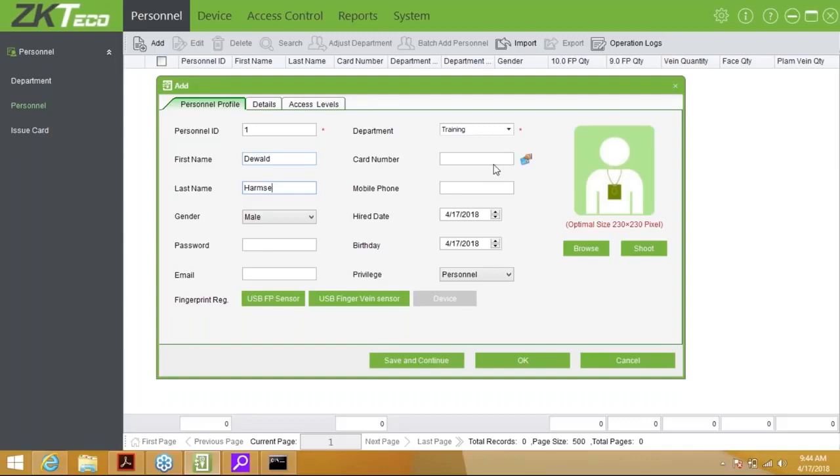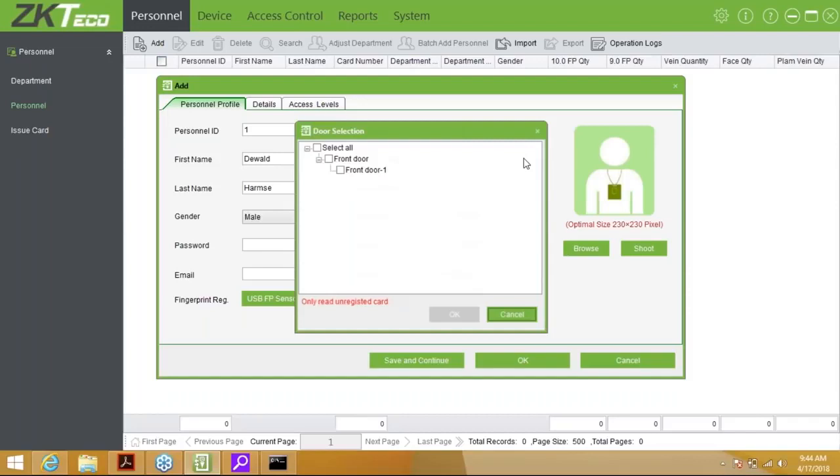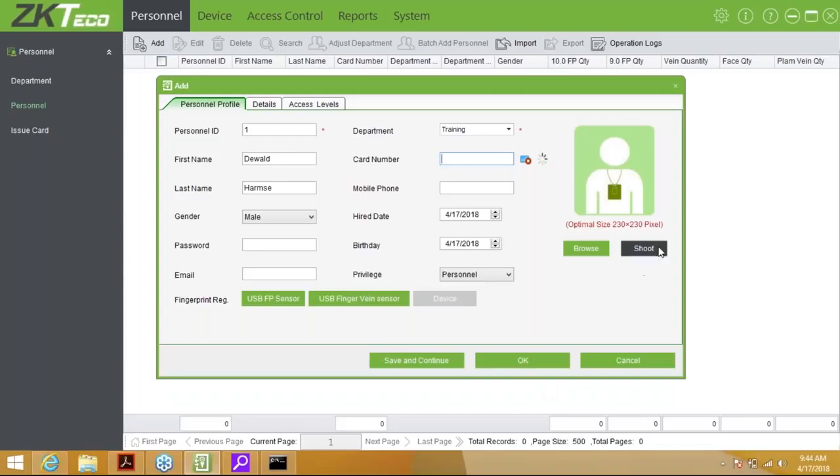You can input the card number in case the card number is provided on the tag itself, or you can use a enrollment reader like a CR20M, or you can get the card number by ticking on that, selecting your device, and then it will start reading. So in a sense, if you swipe a tag now, it will pull the card number through. Then you have some extra information that you can put in, like mobile phone, the date the user was hired, a birthday,